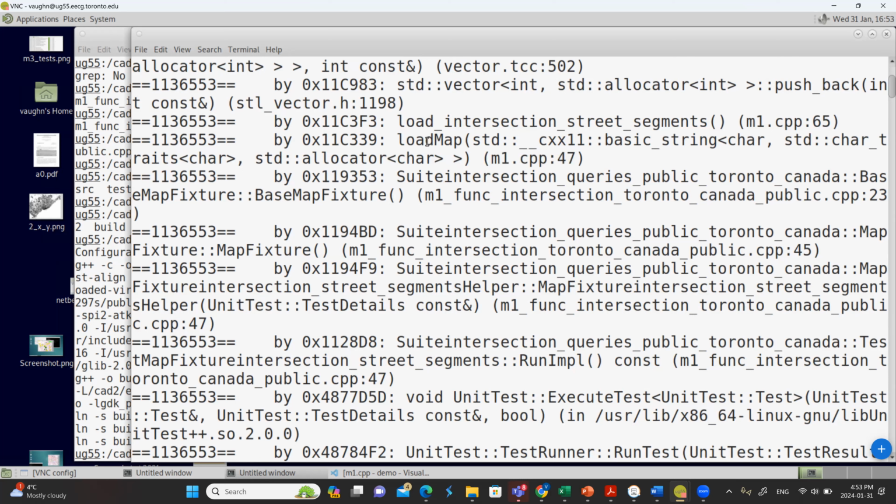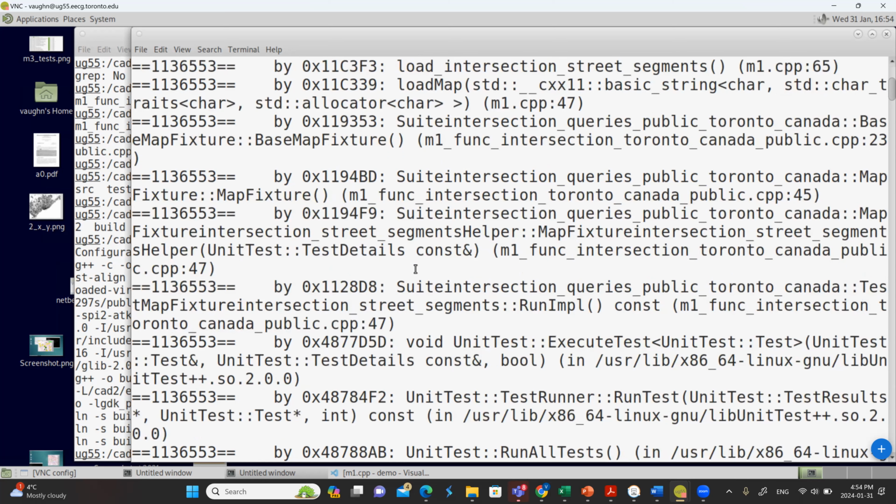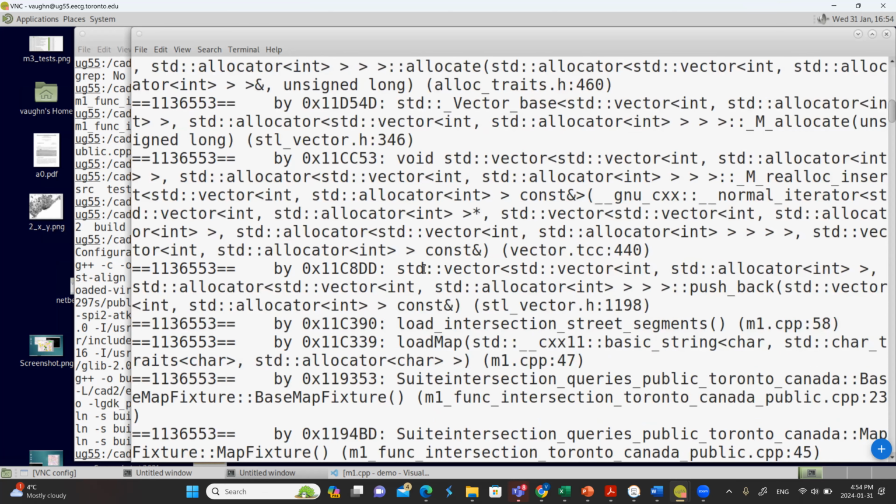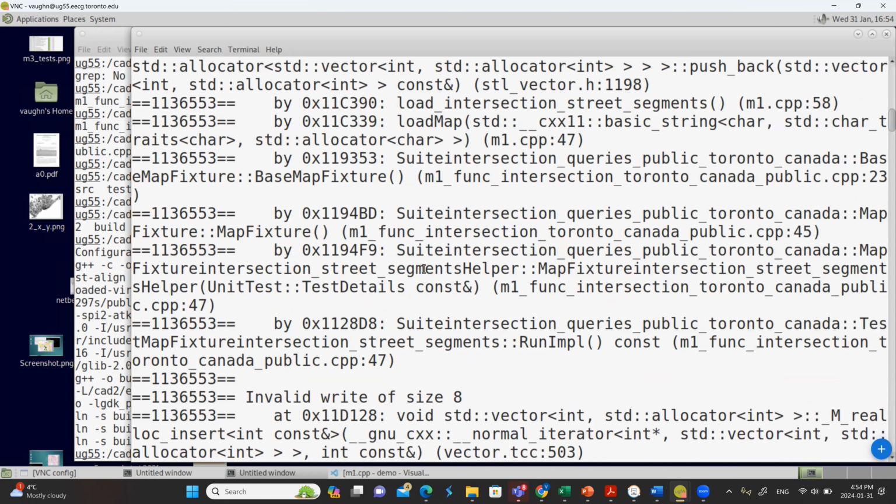So it was load map, line 47, called load intersection street segments, which on line 65 called pushback, and that pushback was bad, right? You shouldn't have done it. And then, as I said, there's a whole bunch of stuff here about how did we call you, but you don't care.